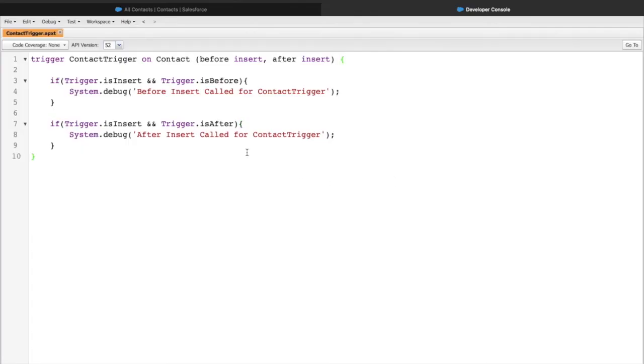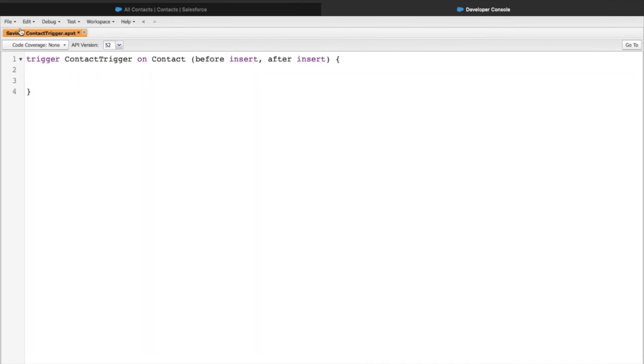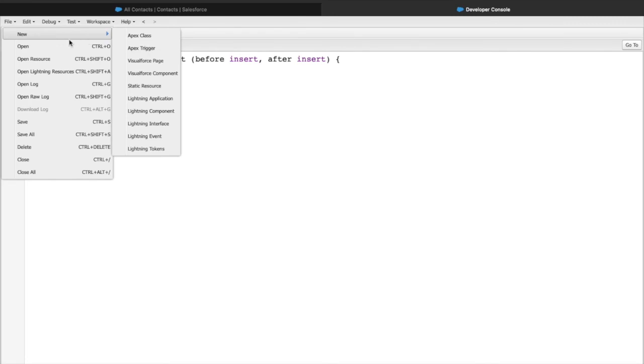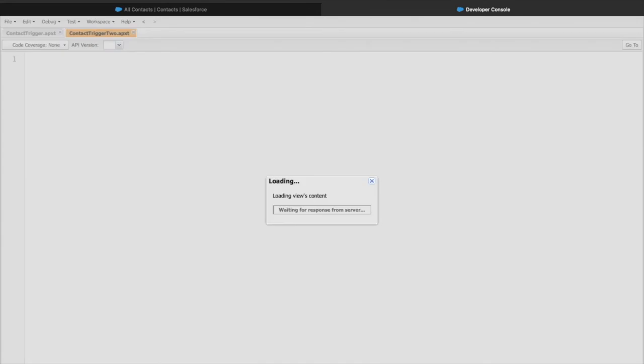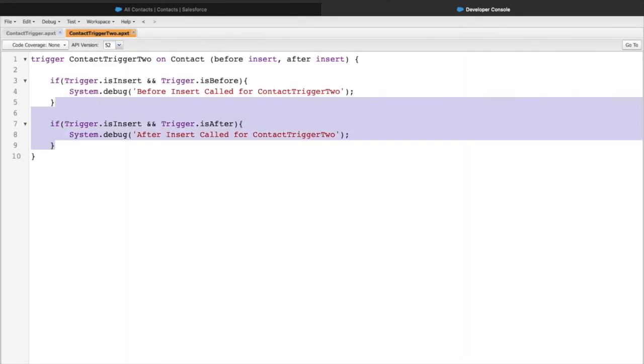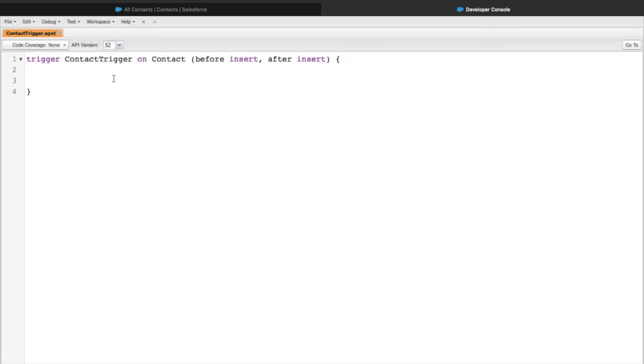So let's look at the contact trigger for this use case, and let me just quickly remove this chunk of code that we wrote for our other question, and let me go ahead and do the same for the contact trigger 2 that we had also created, right? So let me just go ahead into this and I can just delete this particular file so that we don't have any kind of conflicts. Cool. So now we have the contact trigger file, and we have the relevant events here, before insert and after insert, which is fine. And we want to tackle recursion, and we want it to occur naturally for 3 times